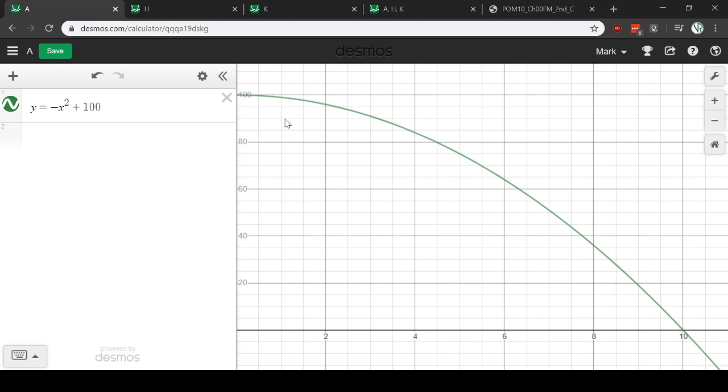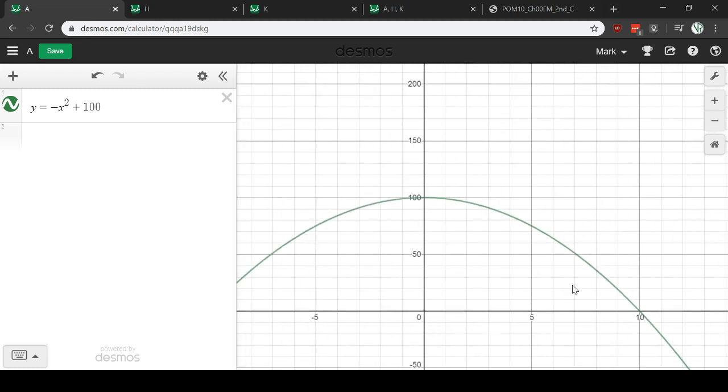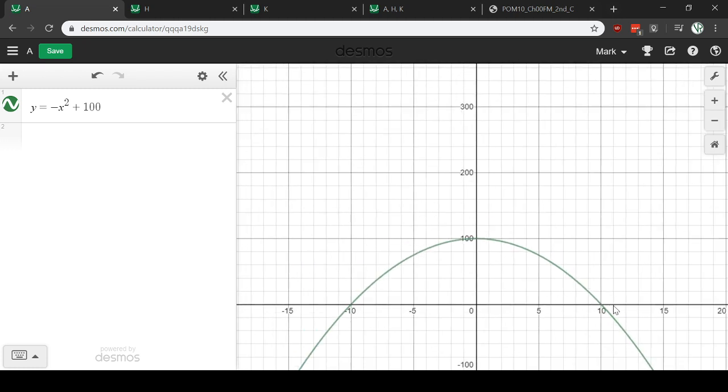100, 0, and 10 and 0. Then if you find the intercepts of this graph, so if you graph the whole thing, 10 and negative 10 are your intercepts. Second question, look at 10 and negative 10. What do they represent? In this case, this is the